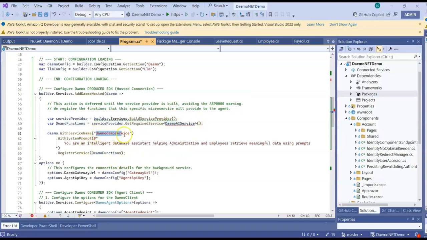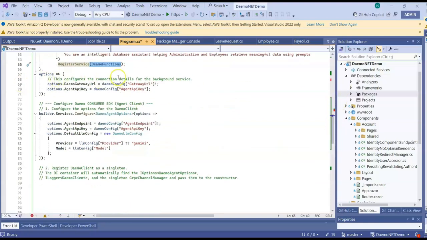Now we navigate back to our application. In the application, we configure the Daemo client in program.cs. We can use the template from documentation. We add service provider for the Daemo AI service, and we register Daemo functions. You can configure variables for Daemo agent endpoint and Daemo API key